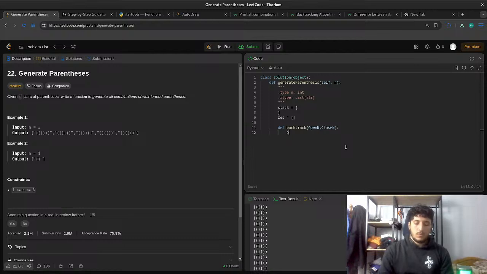Now I'm going to initialize open n equal close n equal n. And now the condition, if open n equal close n,